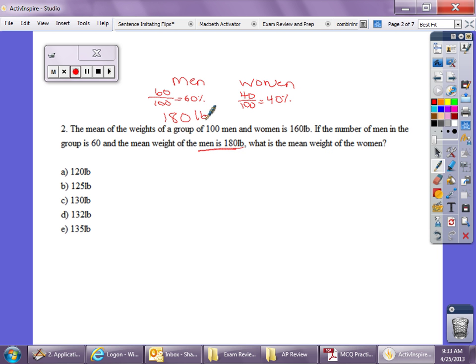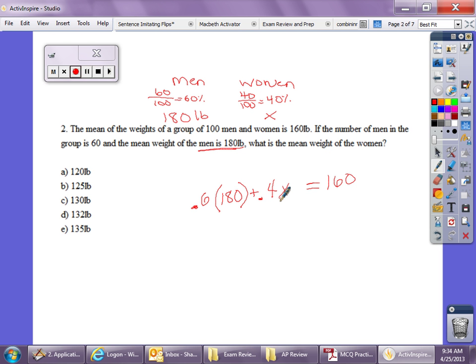We do not know the mean weight of the women. That is an unknown. In this particular case, we are able to find that because they give us what the weighted average is. So the weighted average will equal the 160. So the proportion of the sample times that mean, all those pieces added together,